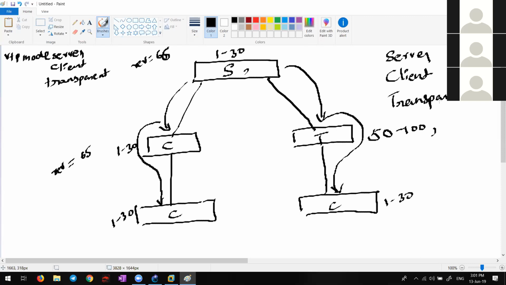Yes, he can have that also, like VLAN 1 to 5, for example. No problem. He can have the same VLANs the server has plus 50 to 100. He can have separate VLANs which nobody else will know about. He is standalone, so he will never share the information about the VLANs he has with the neighbors. Clear? Any doubts? So this is written.